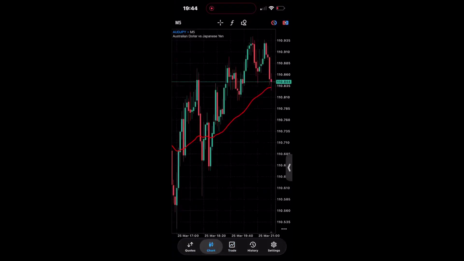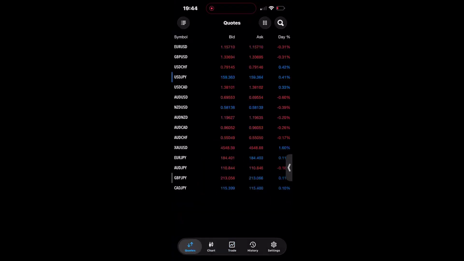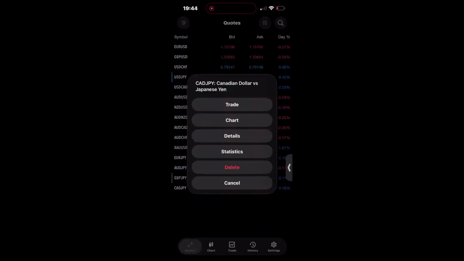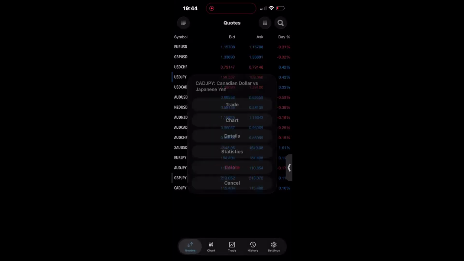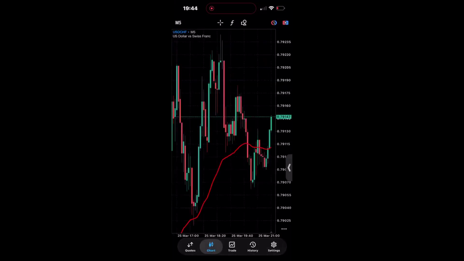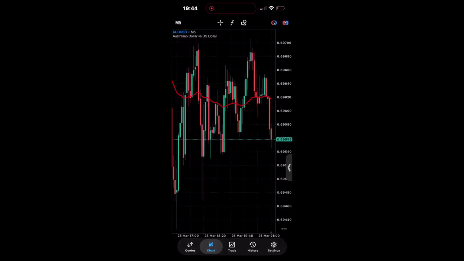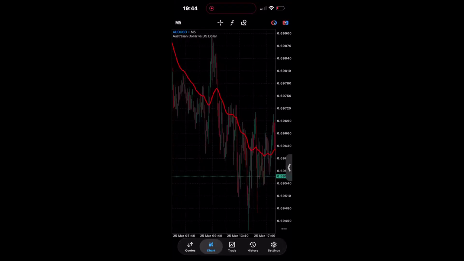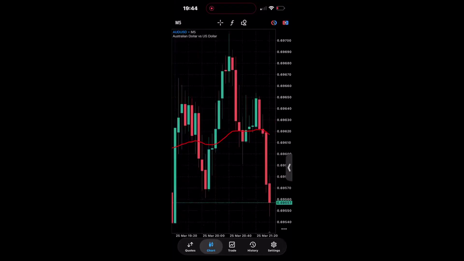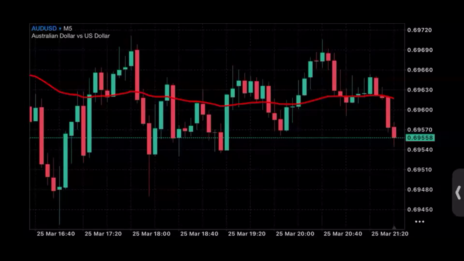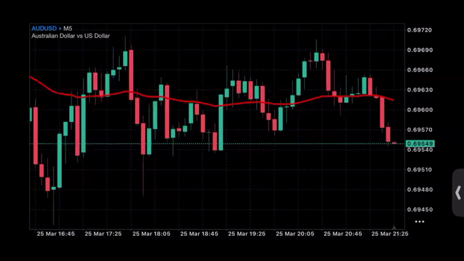JPY, what's happening? I think generally JPY is very, very big. JPY, I'm not sure. What about CAD JPY? Okay, CAD JPY is consolidating. Where's the CHF? I'm looking for opportunities where we can actually have a sell stop. Let's see. This is not looking bad though, but this is a consolidation. Can you see this? This is a consolidation. You can't use this example. As a matter of fact, this price might even buy from where it is right now. But it's a very good consolidation.